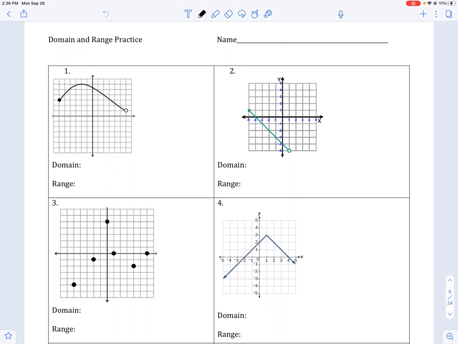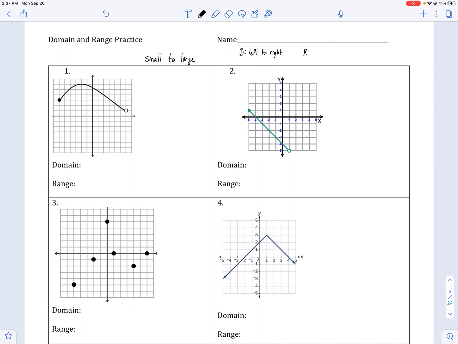So remember, domain is the set of all x values that our graph exists for, and the range is the set of all y values that our graph exists for. And we always go from small to large, so it's always small values first, and then large values last. Now for domain, the smallest x values are on the left, and the largest are on the right. So domain goes left to right,